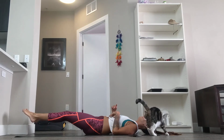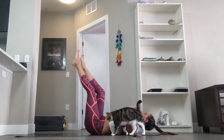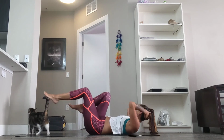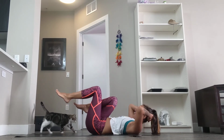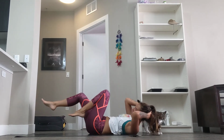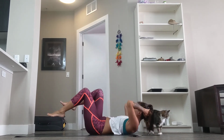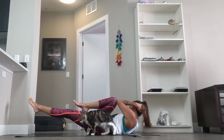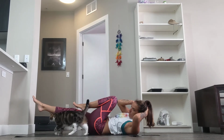You could bring the leg down in front of you and back up. You could do some bicycle crunches if you're feeling that today. Just getting a little bit more before it's over. We have like a minute before Shavasana, so we're just kind of getting those last things of core here. You could even engage by holding an elbow to the knee